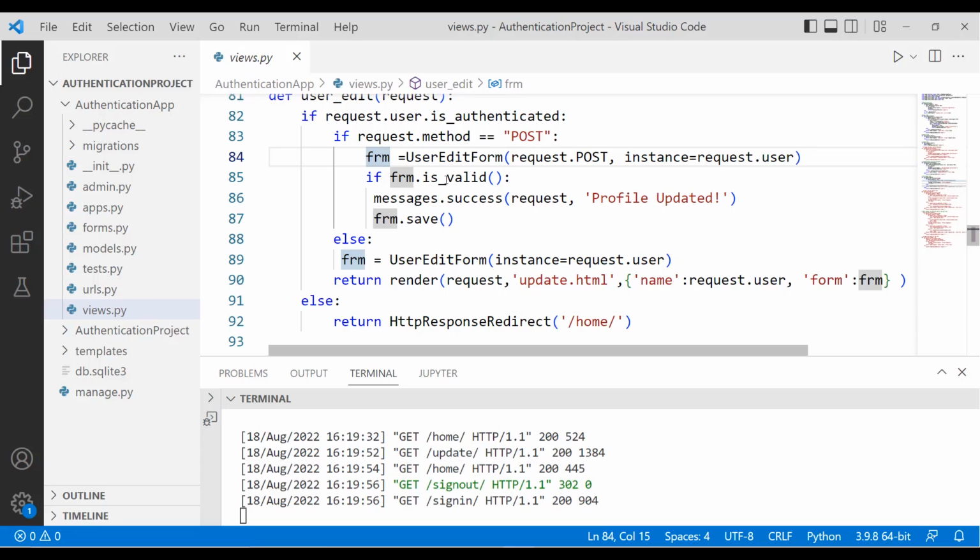After that I use the is_valid function for the validation of the form. If the form is valid, it will show the success message by using the messages.success method. Here I pass the success message as Profile Updated, and then this form is saved by using the save method. Now I write the else statement, which means if the request method is not POST,